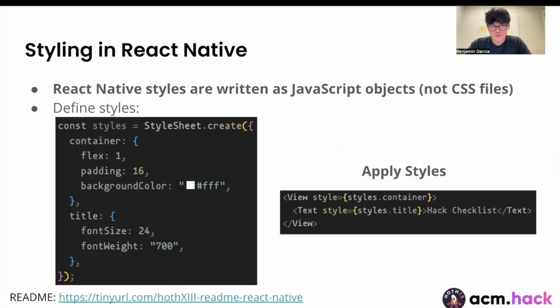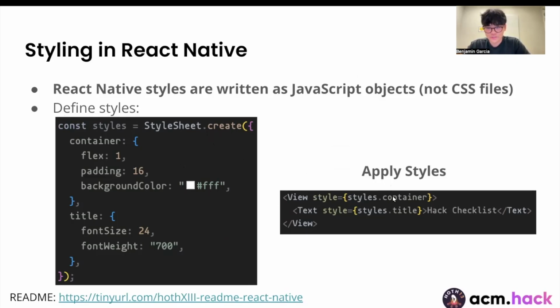So in React Native, there's nothing like Tailwind, which you can use inline. React Native styles are written as JavaScript objects, so not really CSS files. So we're going to define the style as a const, and then you use the specific syntax StyleSheet.create, and then internally we have all of our classes of our CSS. And then to apply the style, in our view, we just have style equal to the bracket of the styles,